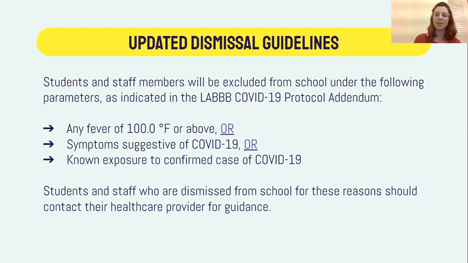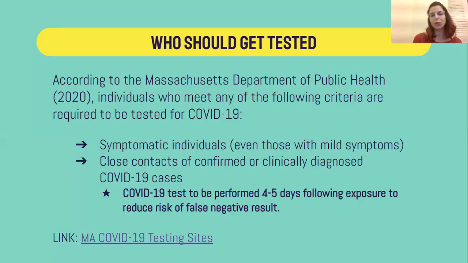Students and staff who are dismissed from school for these reasons should contact their healthcare provider for further guidance. So who should get tested? According to the MDPH, individuals who meet any of these criteria are required to be tested for COVID-19. Symptomatic individuals, even those with mild symptoms, are required to be tested for active COVID-19 prior to return to school. Additionally, close contacts of confirmed or clinically diagnosed COVID-19 cases are also required to be tested for active COVID-19